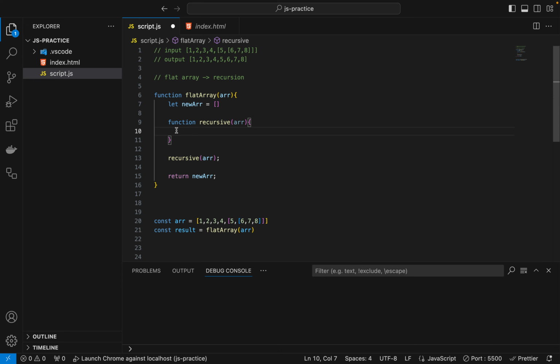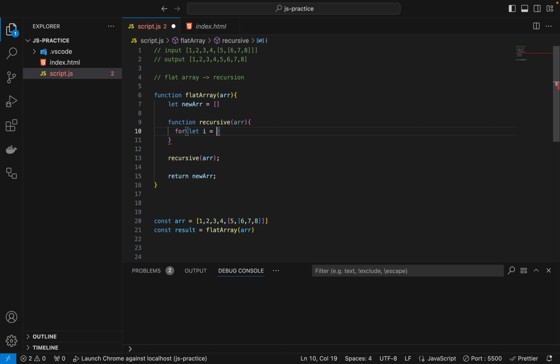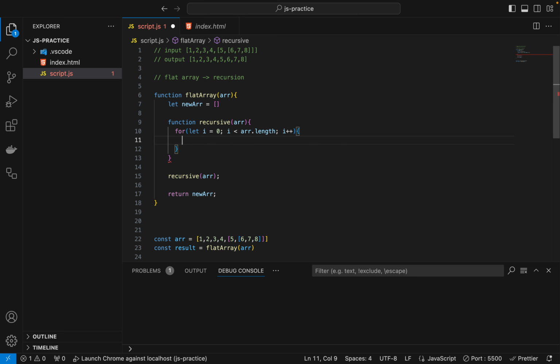So let's write a for loop. Let index i is equal to 0, and we'll write a condition that loops through this array length and increment the index. So it loops through the length of this array,